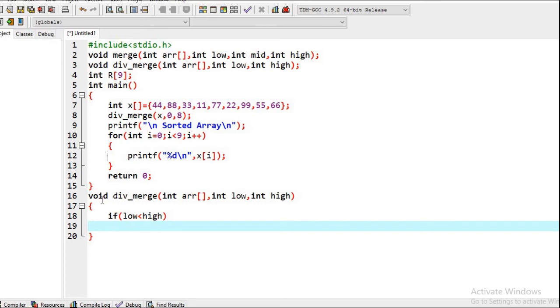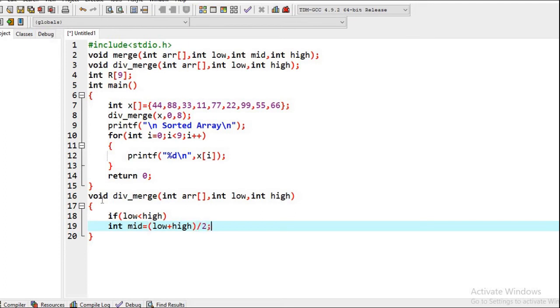So we have mentioned this condition, and here we will find out the mid, the middle element. We can easily find the middle by dividing the sum of low and high by 2.